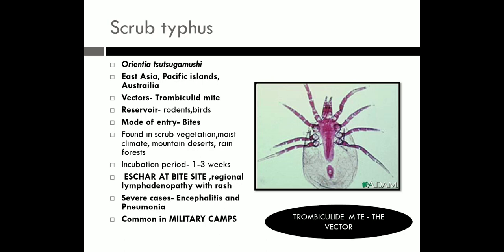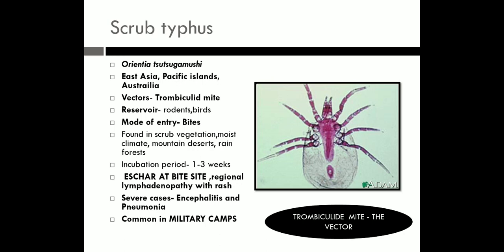The scrub typhus is usually affecting the military population and is usually associated with war, because the organism is transmitted by the trombiculid mite, which